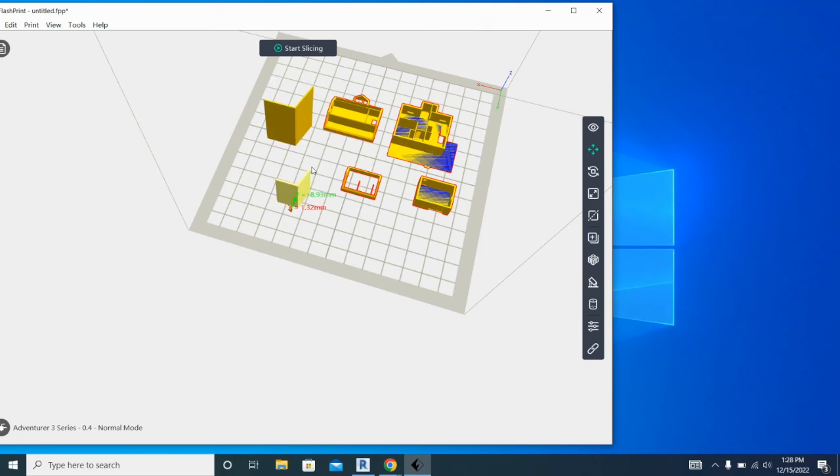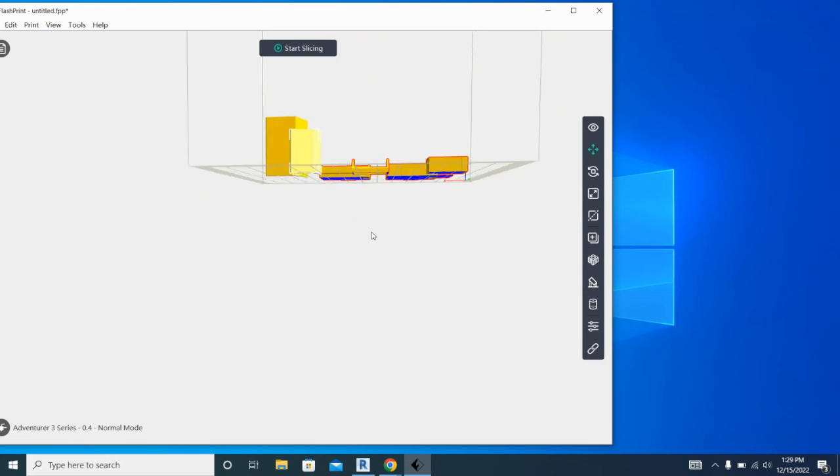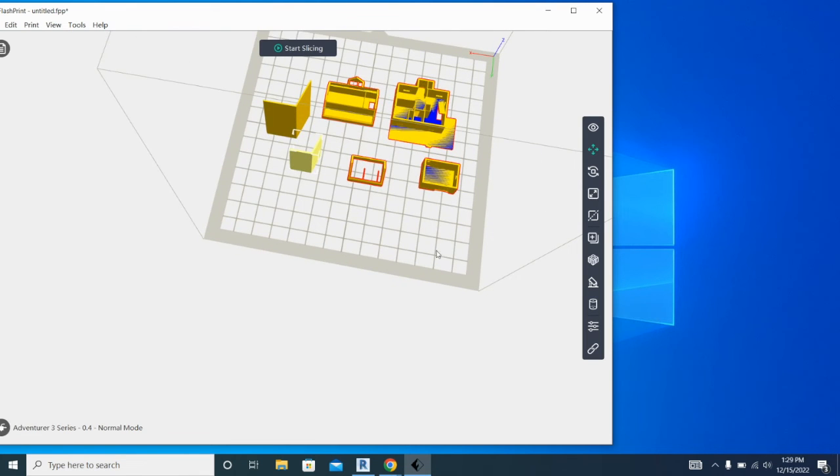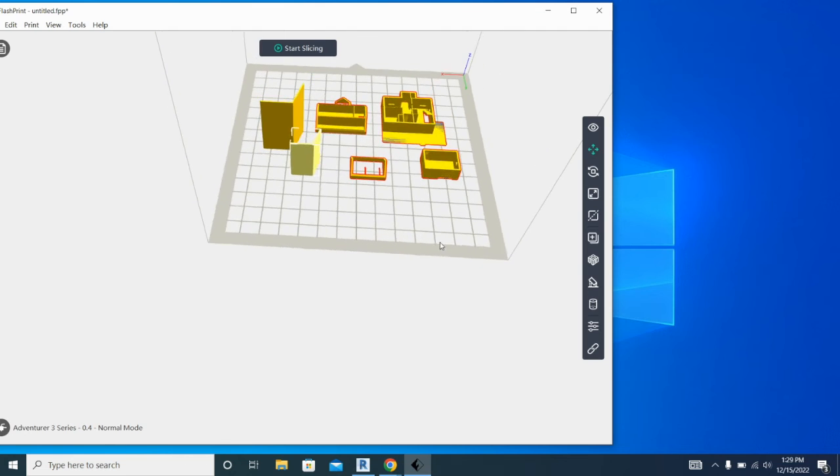So I'm just going to move things a little closer. If you had things super far apart in here, it's going to take longer for the 3D printer because it's going to have to travel a lot more. So if you put things close together, like the roofs, they're going to go back and forth for a while because those are a lot taller than everything else. If they're closer together, it'll print faster because they're near each other. So from here,